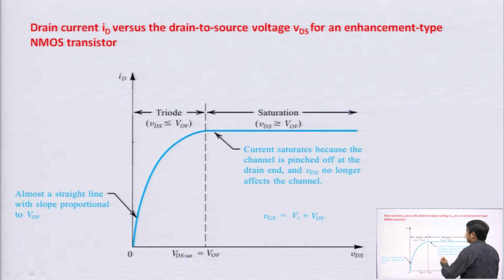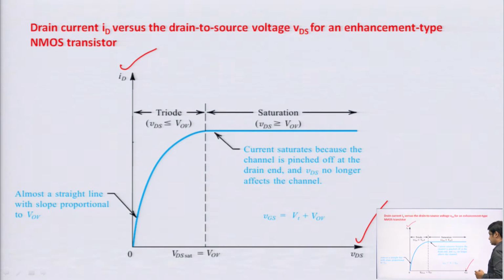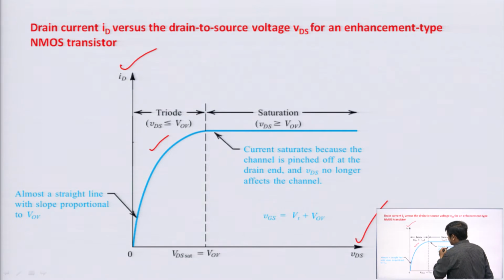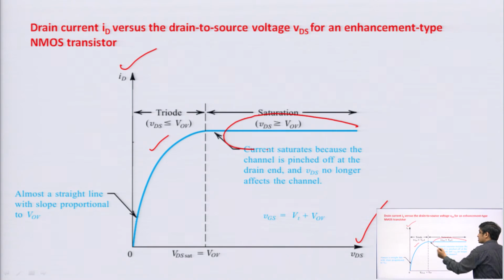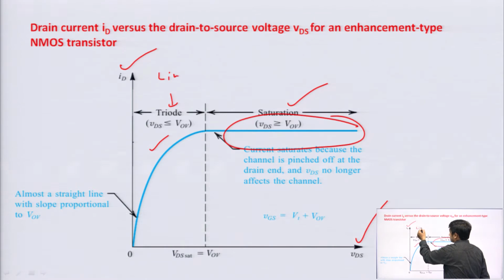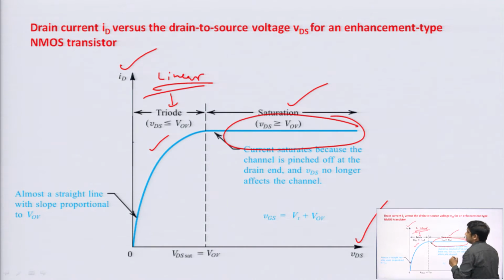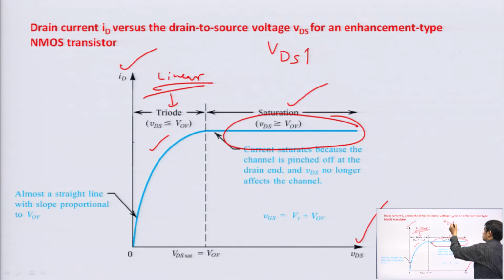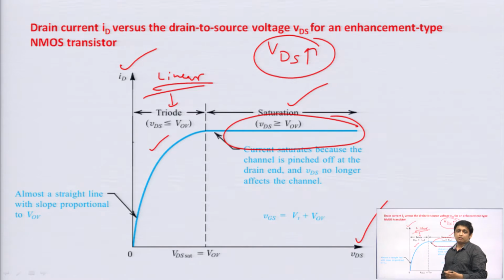This is the drain current ID versus drain to source voltage, that is VDS. So, when VDS increases, then your ID increases, and after a certain VDS your ID becomes constant. When your ID becomes constant, that is called your saturation region. This triode region is also referred to as linear region. So, why does this saturation region come into the picture? We can understand it when we keep increasing this drain to source voltage VDS, then after a certain VDS the channel is pinched off from the drain end.